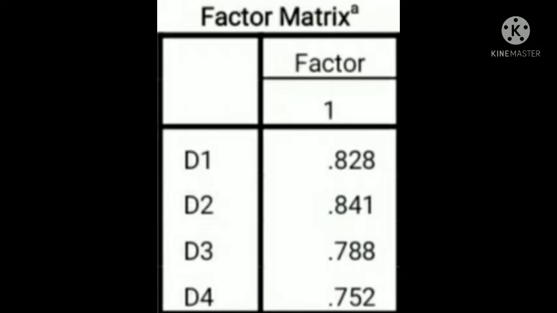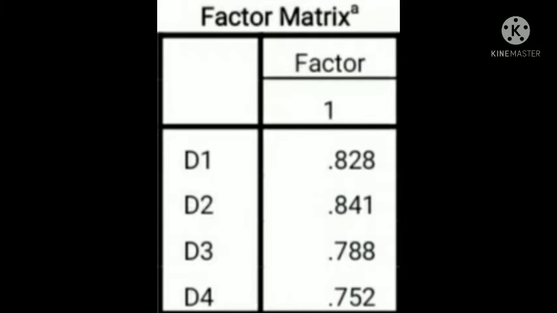In EFA, the factor loadings are completely standardized estimates of the regression slopes for predicting the indicators D1 to D4 from the latent factor, the depression, and can be interpreted along the lines of standardized regression beta or correlation coefficients R, as in multiple regression or correlation